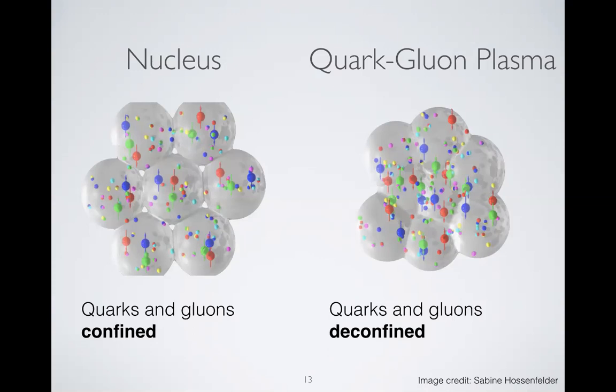But if we could take that nucleus and somehow squish it together, then we could get this point where those silvery orbs start to overlap. And now if I look at one of those quarks, I can't say which one it belongs to, right? So we call this a deconfined state. We have confinement, which says the quarks can never be found on their own. This is not finding quarks on their own. It's just that they don't belong to a particular particle.